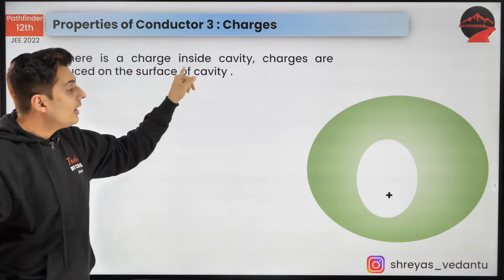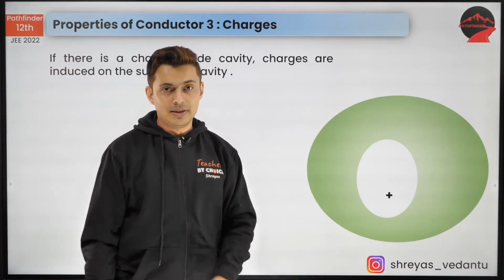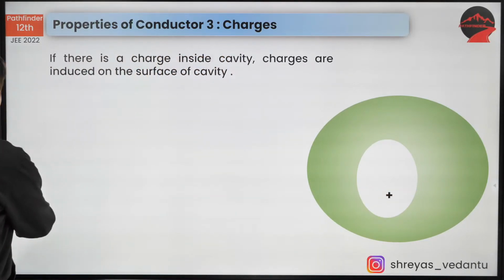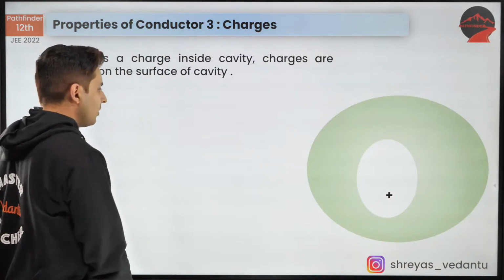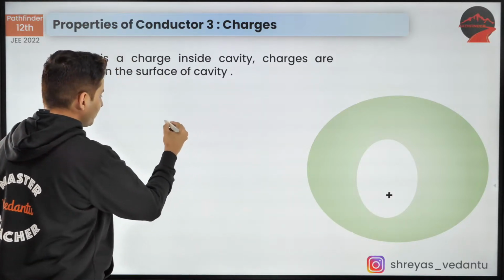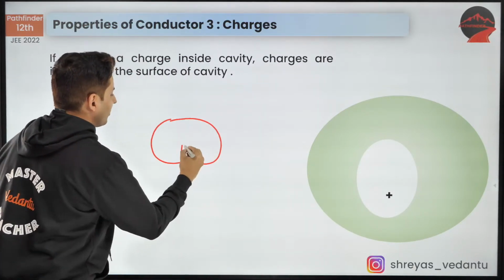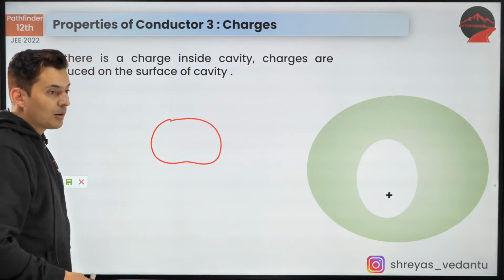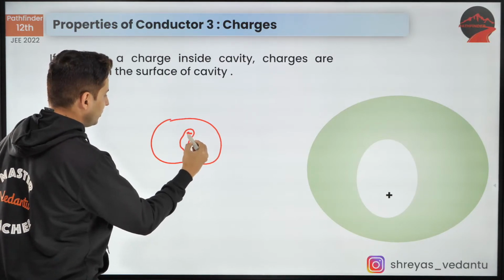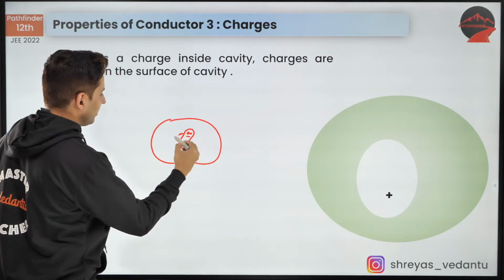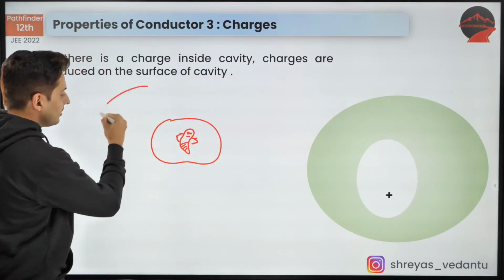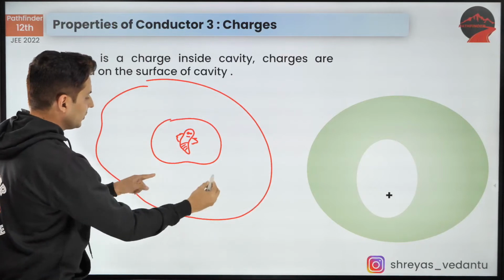Now, if there is a charge inside a cavity, then things are different. Please understand. There is a charge inside that empty space. Now, think of this charge like a hot pandu, this positive. So imagine this is a pond, or let's say there is a mermaid. Okay, this is the mermaid in that pond. This is the pond, guys, and this is the room. Okay, this is the boundary.